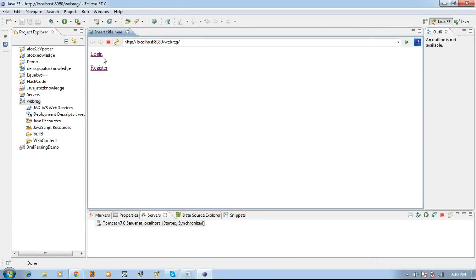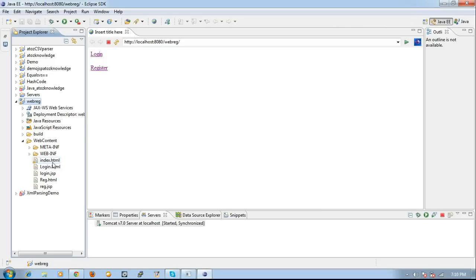Okay, you can see here the console shows the starting stage of my server, and after that you get a web page inside your Eclipse itself. By default it has loaded because I have a file named index. Whenever you take any web application, if you have a file in the name of index, then that is always the home page. If I don't have this index.html in my project, then I will get an error.